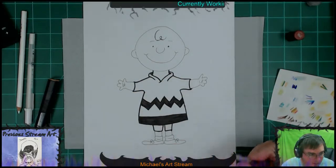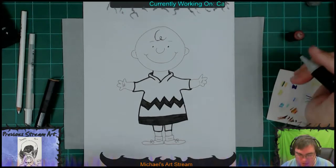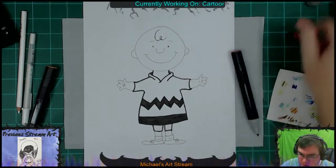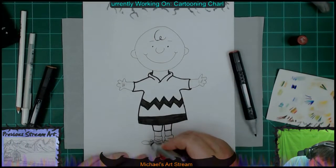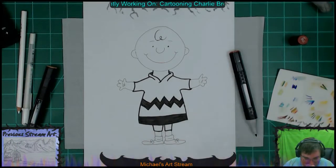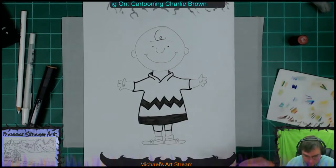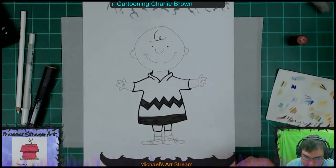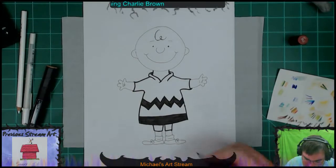All right. I'm trying to figure out where I want the shadows to be. I think I'm going to have the white coming in from this side, so